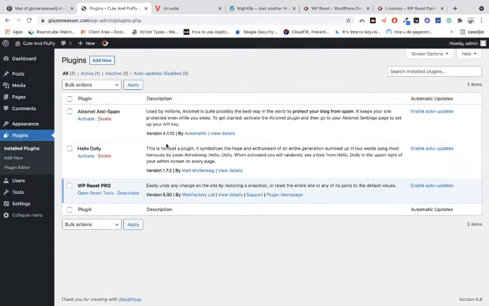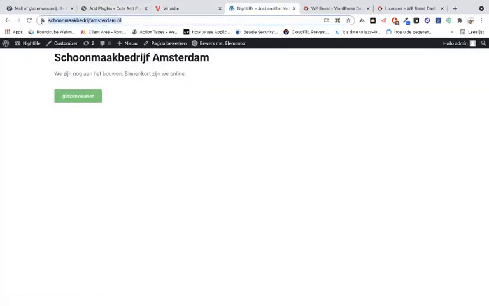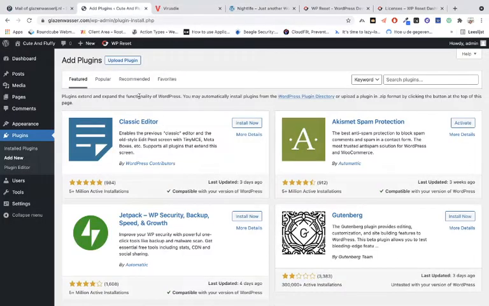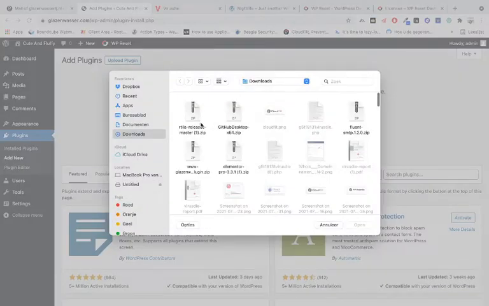So here we are with the website, and we're going to install another plugin. As you can see, I have another website. This website also runs, and there are a lot of other websites. They're all fine. But let's see what happens when we install a plugin from